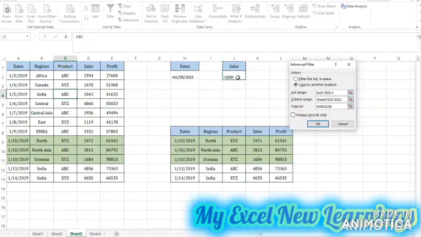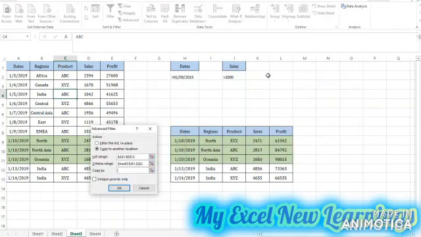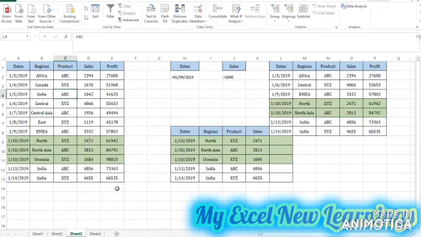I want to see the sales which are greater than 2000, then copy to another location. We will see the data reflect here. So we have got 7 records where the sales are greater than 2000.